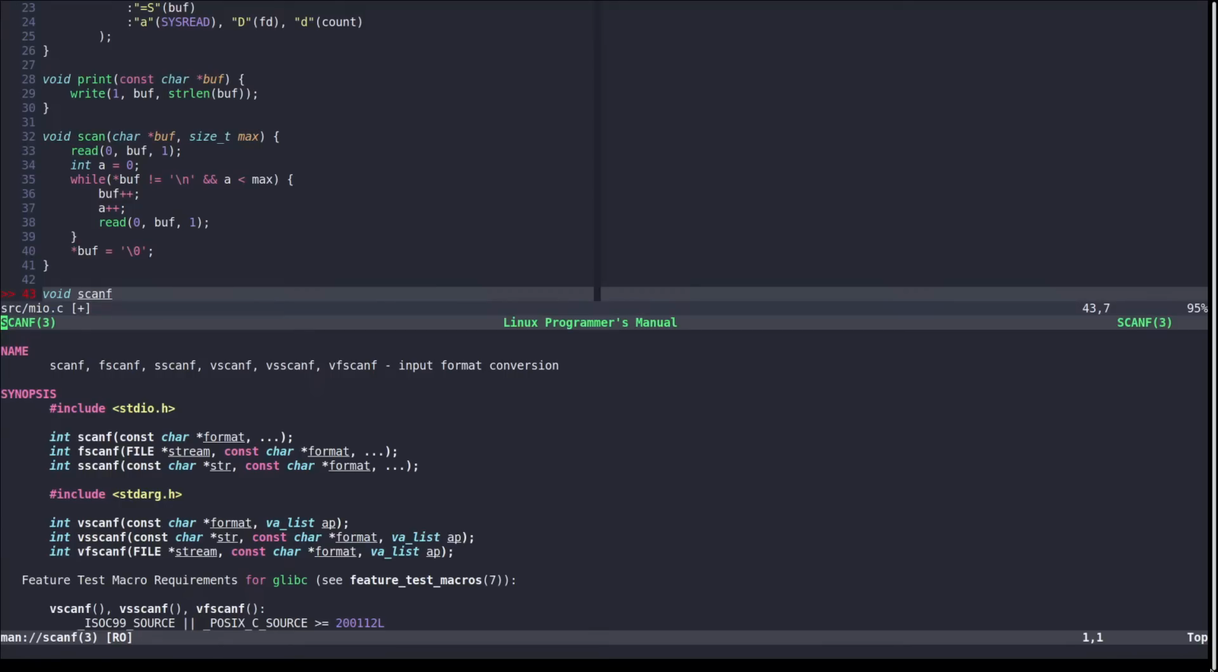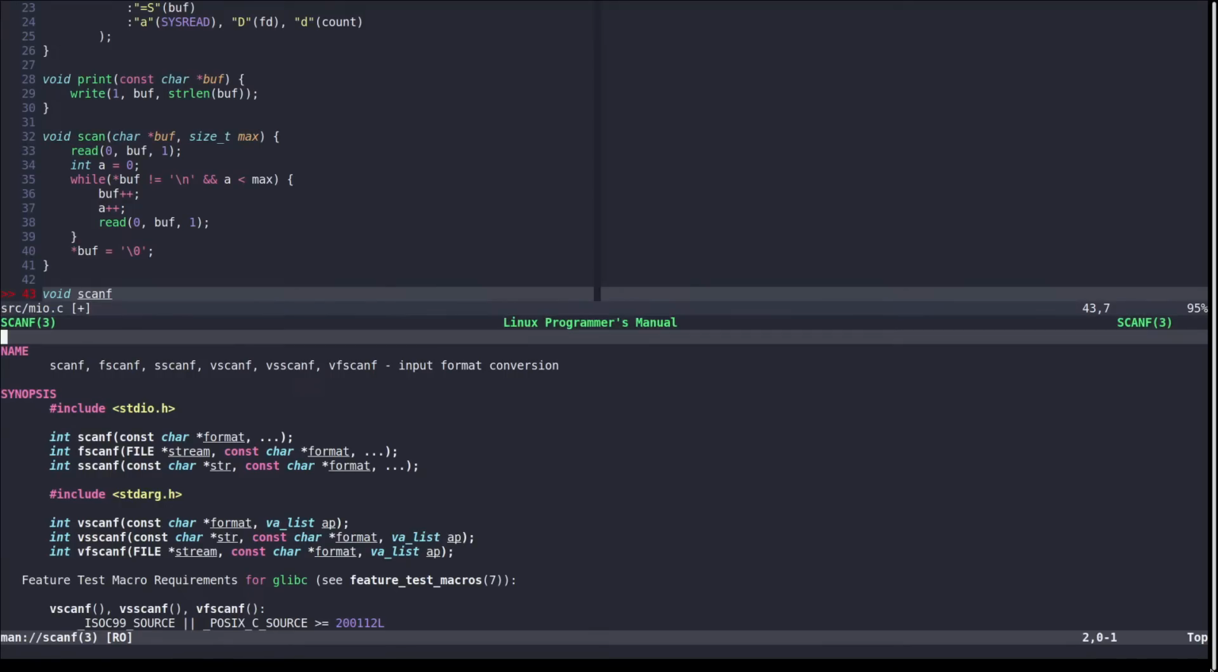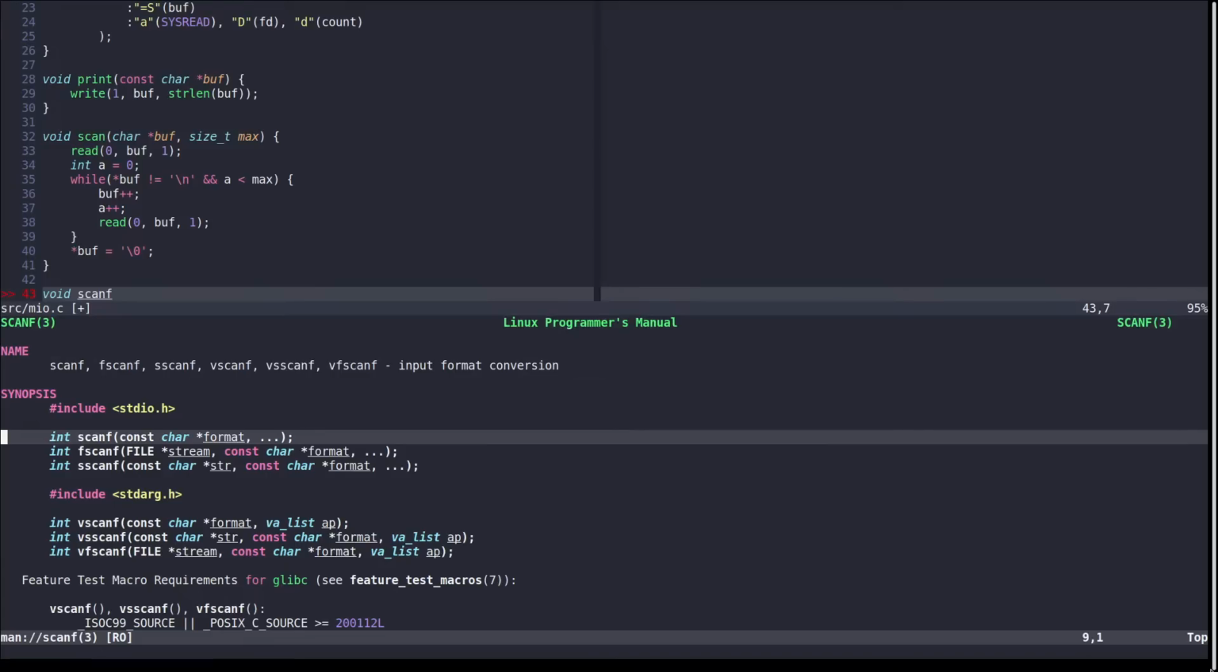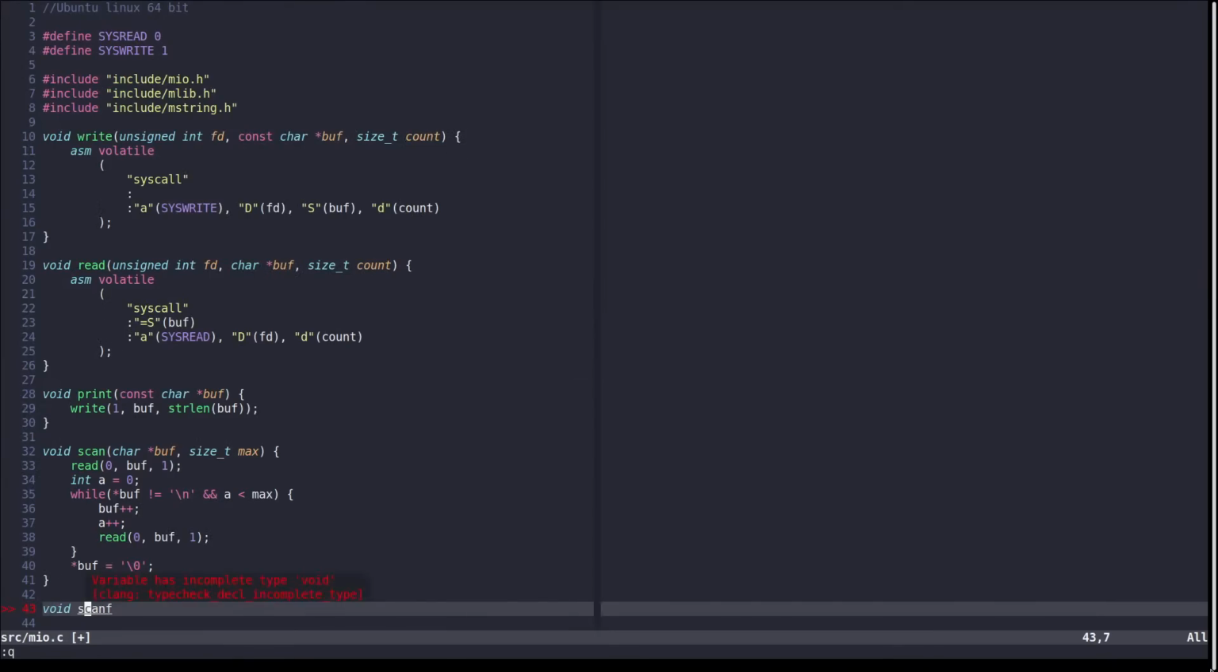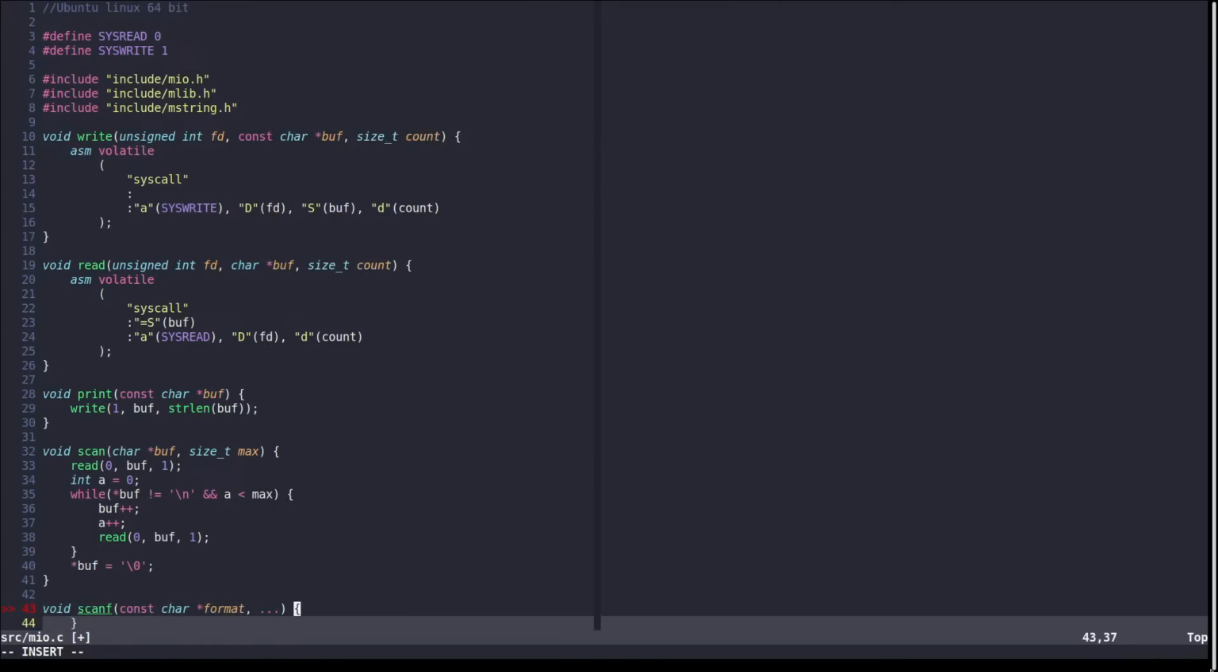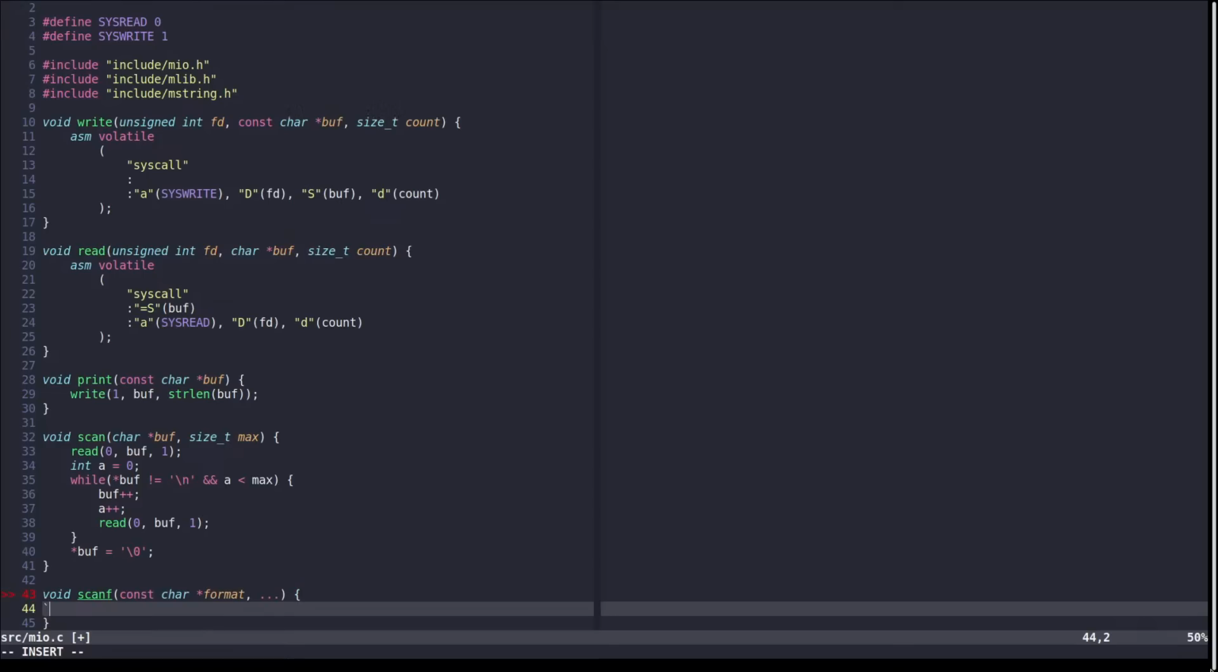Scanf. So scanf takes a constant char format and then all the args. Okay. Const char pointer format. Okay. We are only gonna accept one argument because I don't really think I could do that. But basically, we're gonna need to find first of all if